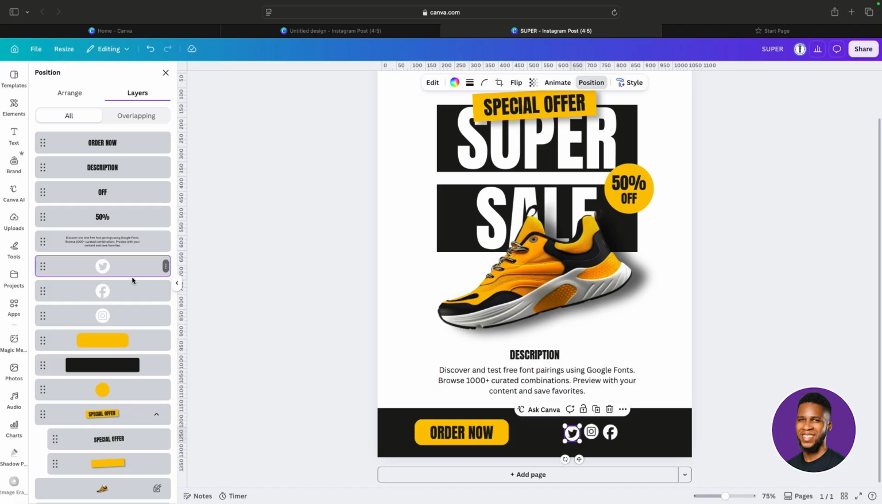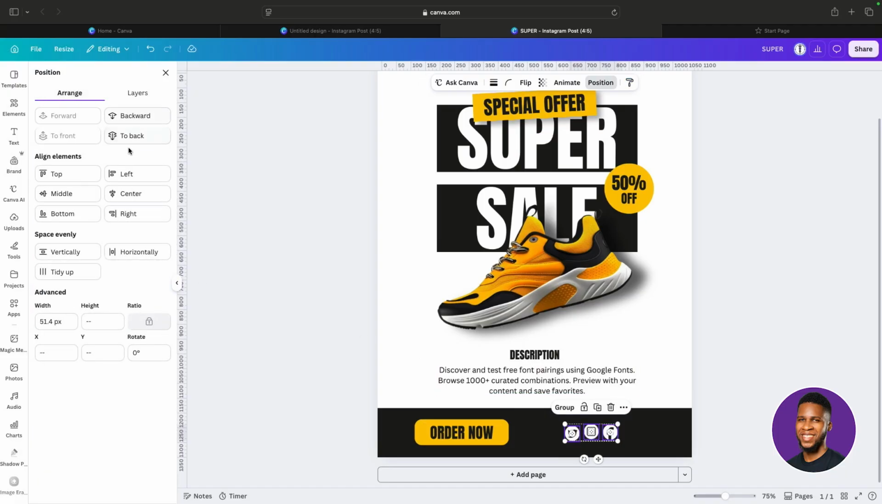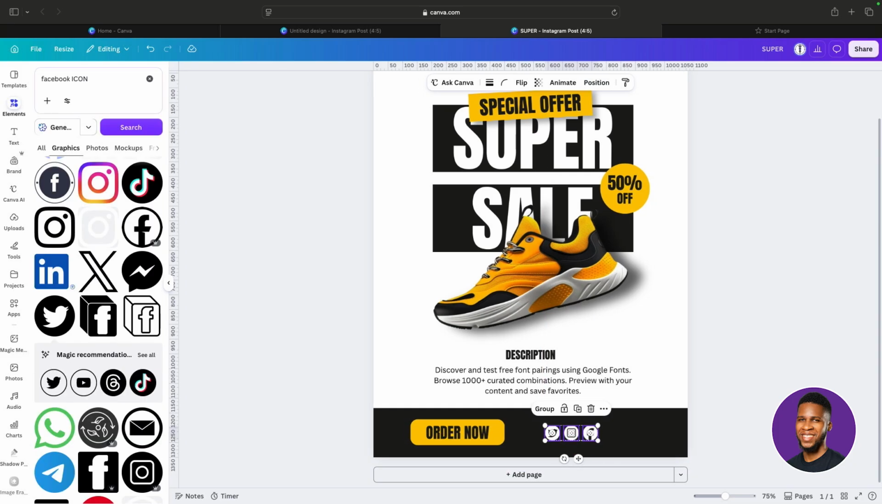All right, let's just select 3 of them, and then we could go to arrange, and then we could click on middle, and now they're aligned. Let's just align them with the rectangle to the left, like so. All right, so I'm happy with that. So if we want now, we could just add our social media handle to the right here. Change this color to white,